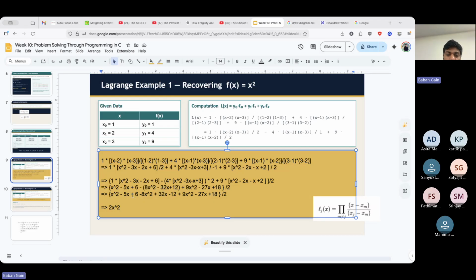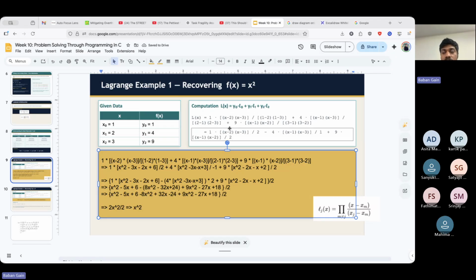Then finally, plus here 3 into 4 is 12. 12 into 2 is 24. So it will be 24. Mistake here, I had not multiplied it. So here 6 plus 18 is 24, minus 24 is 0. So ultimately the value is 2x squared divided by 2. So from that equation, you can say that the equation that we are trying to find out is